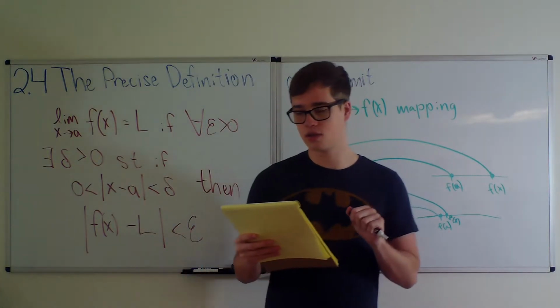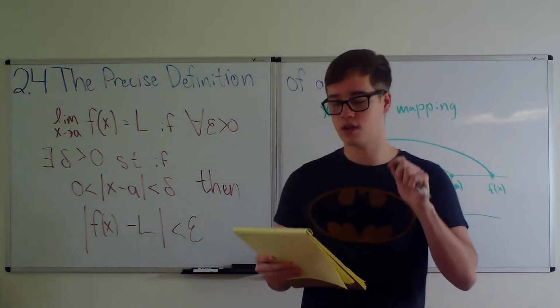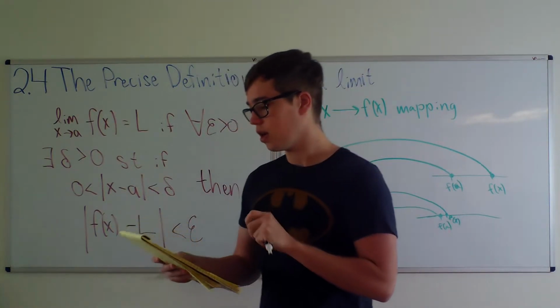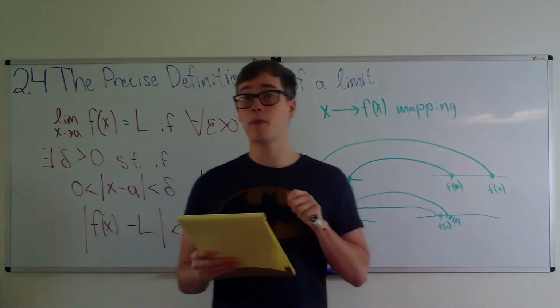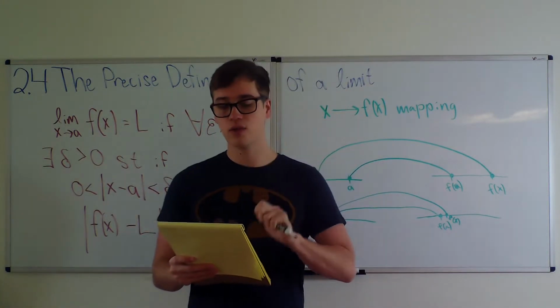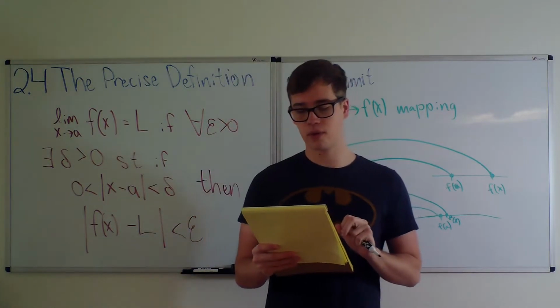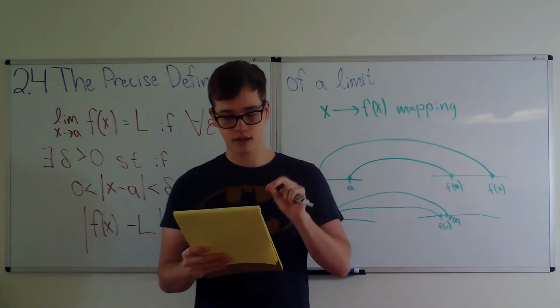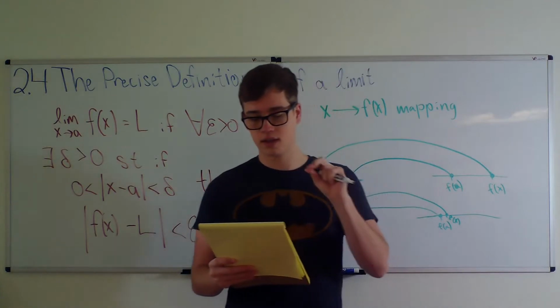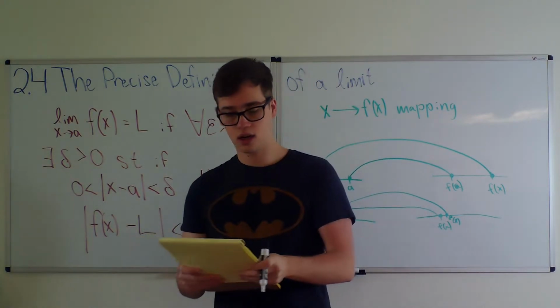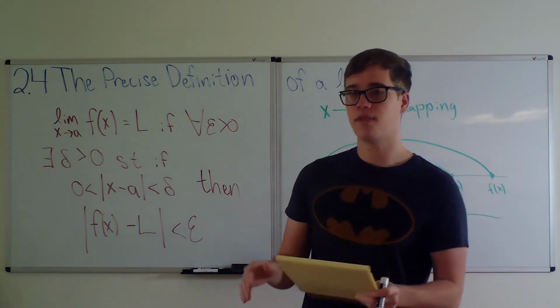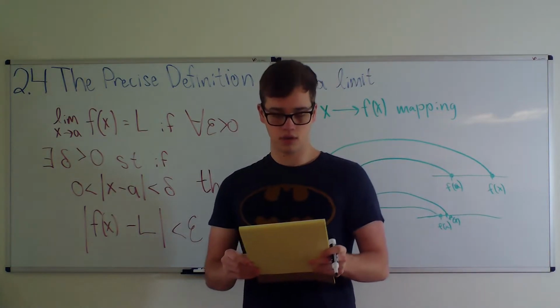Today we're covering section 2.4 of our UCI Math 2A course, the precise definition of a limit. If you remember back to 2.2 with the intuitive definition of a limit, we see x is close to a and f of x gets closer and closer to L. And those statements are too vague, and we need a better definition in order to give us the real definition